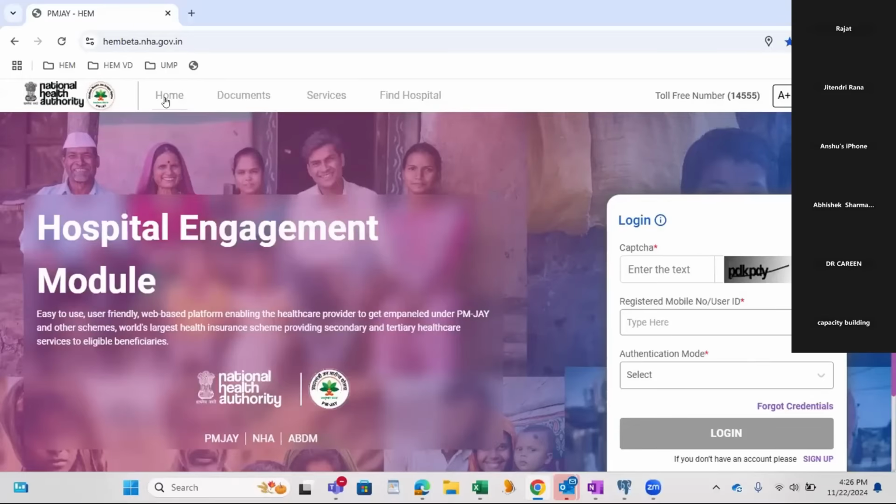So how will I start? I will start with the login of the application. As Aparmit has just explained, the hospital user, which is an admin user role, is empanelled and enrolled in UMP login. I will log in with one of the admin users. So let me enter the CAPTCHA, then the login ID, which is an admin user.